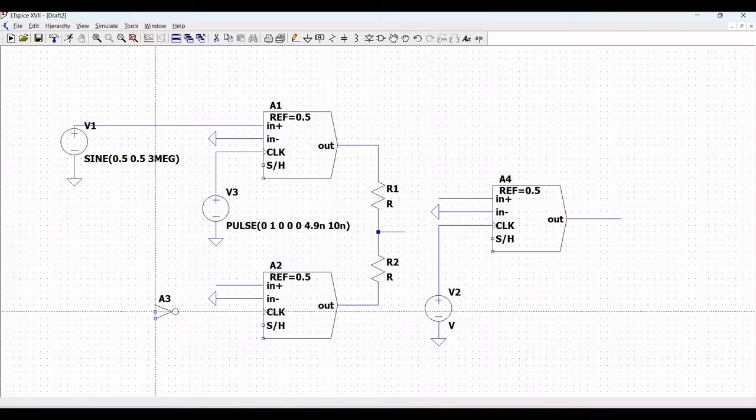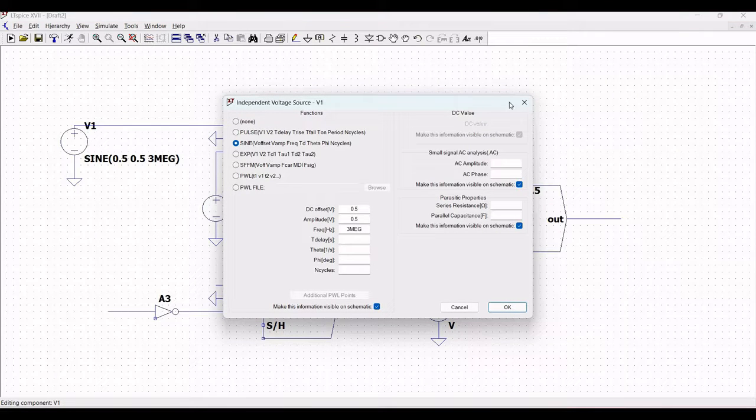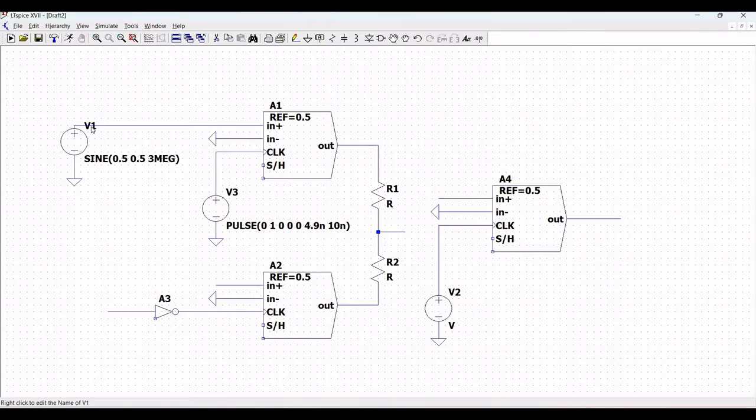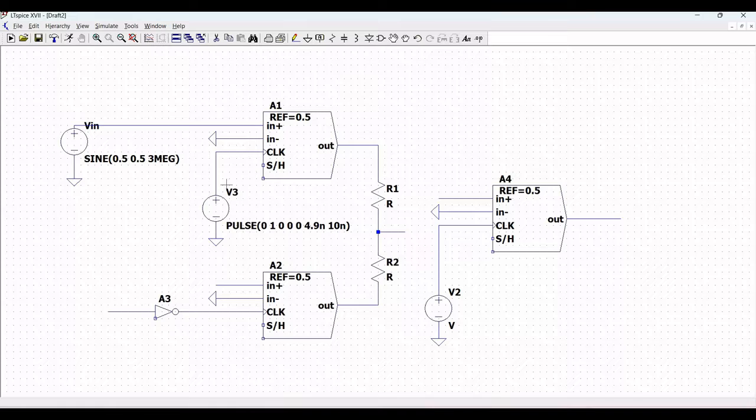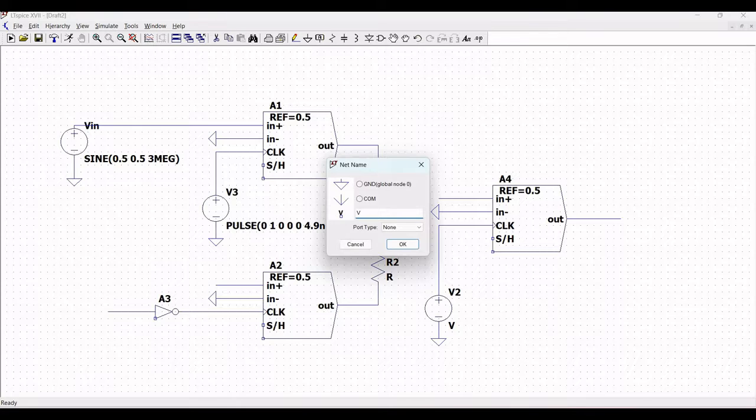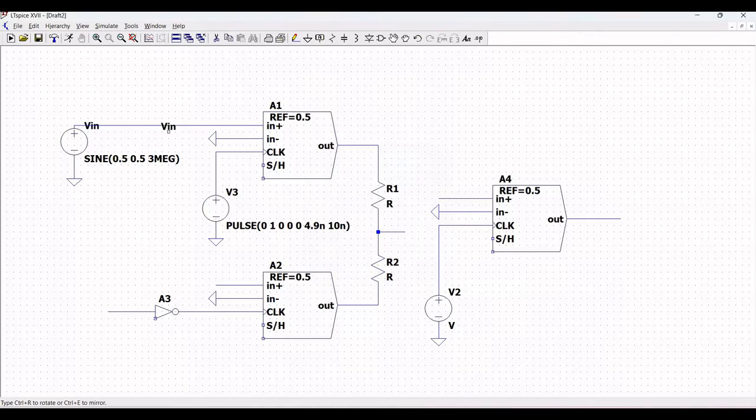Now click on wire, extend the wire across the inverter A3 as shown in this particular tutorial. Double click on the voltage source V1 and rename this as Vn. Now we have to place a label net. So click on label net and define this as Vn and place this across the wire as shown in this